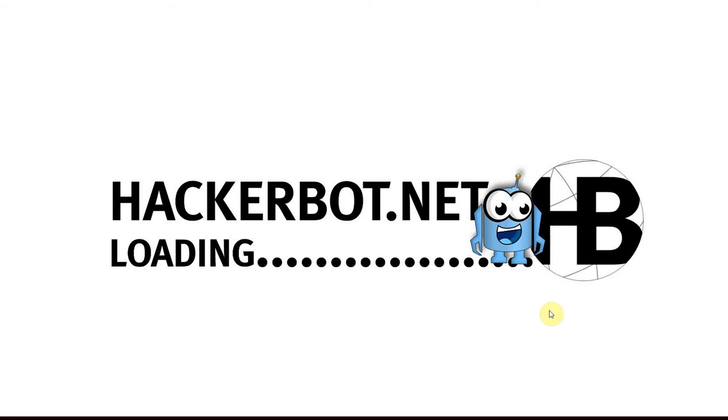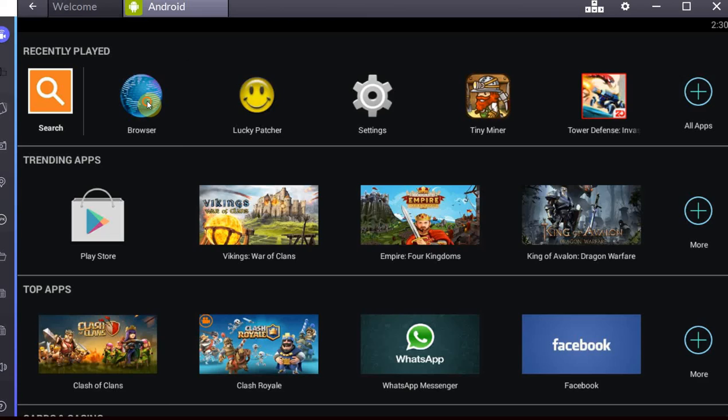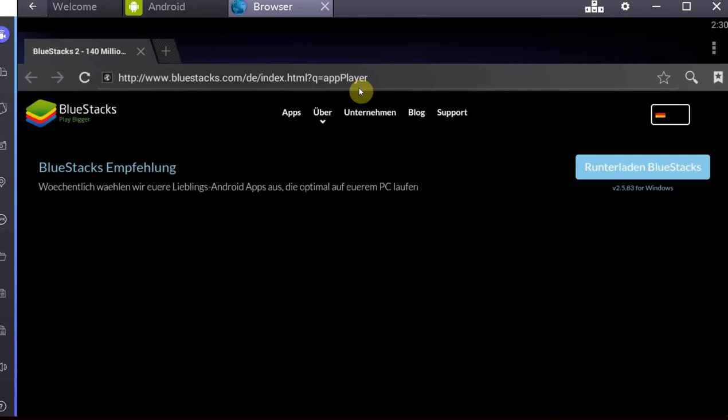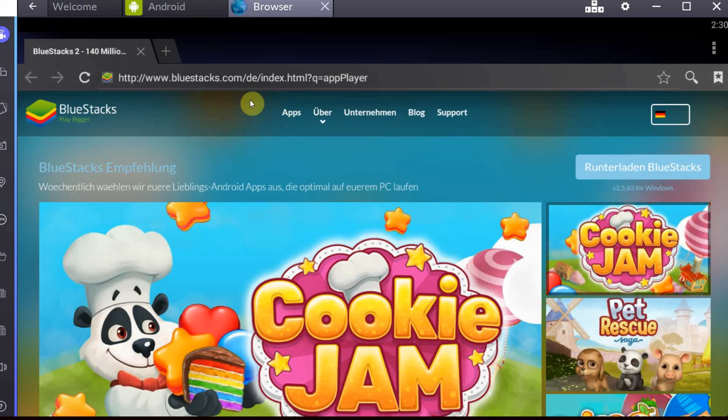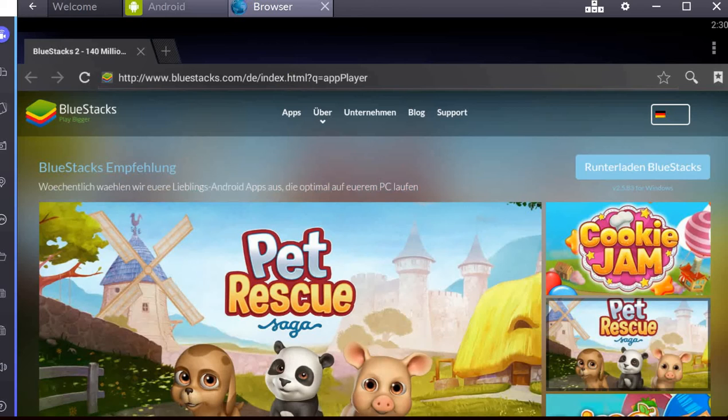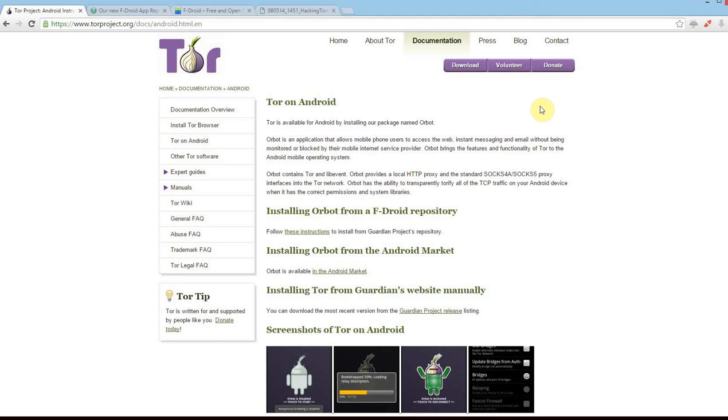Hello guys, I'm Sammy from HackerBot.net, and today I'm going to show you how to be completely anonymous on your Android device when browsing the internet using just the standard Android browser, and how to do so completely for free. The method that we're going to be using is Tor,